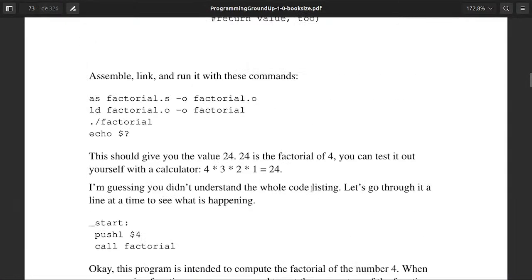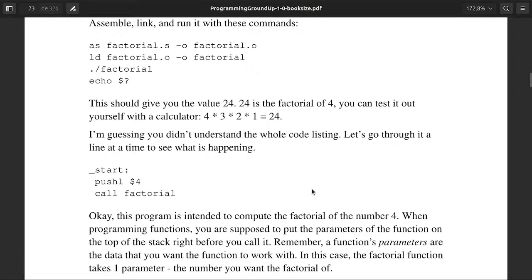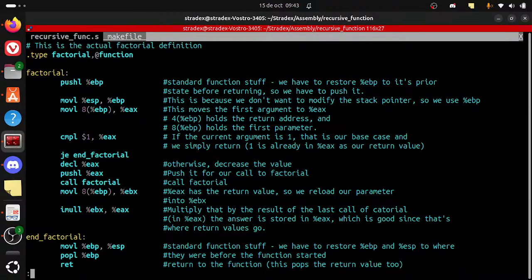So assembling, you can run it with these commands. I already assembled my stuff. This should give you the value 24. 24 is the factorial of 4. So you can test it out yourself with a calculator. Yes, I know how to test that. So I actually want to do something though, like what happens if I